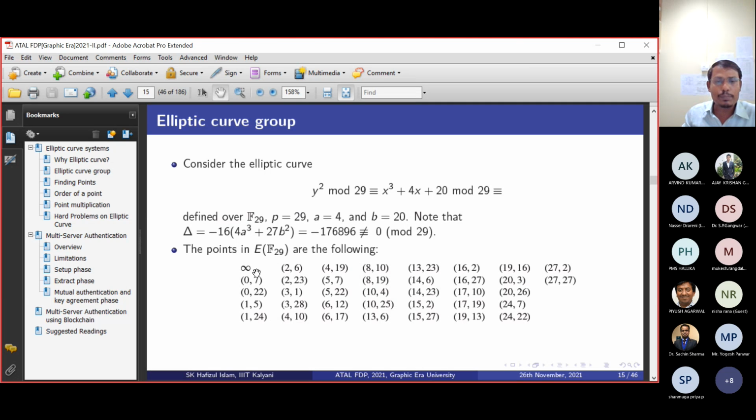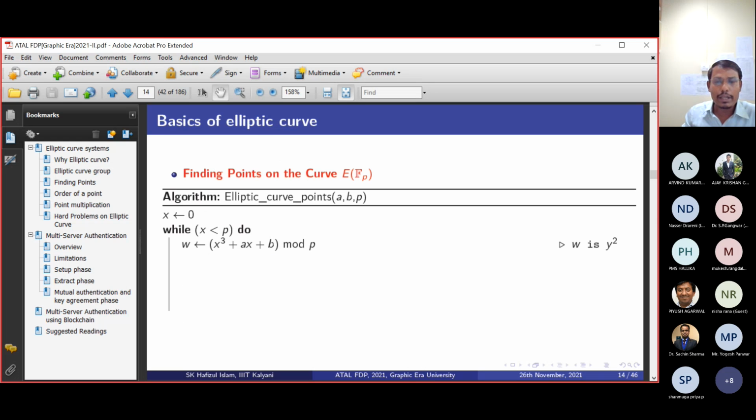Now we have a question. What is this point at infinity? We can define the point at infinity like this. Suppose this is an elliptic curve, and this is P and its negative will be minus P. If we take these two points, we assume that the chord joining P and minus P will cut the curve at infinite distance. That is why we denote this as the point at infinity. So this is the geometrical significance. That means if we perform P plus minus P, it will give you the point at infinity.